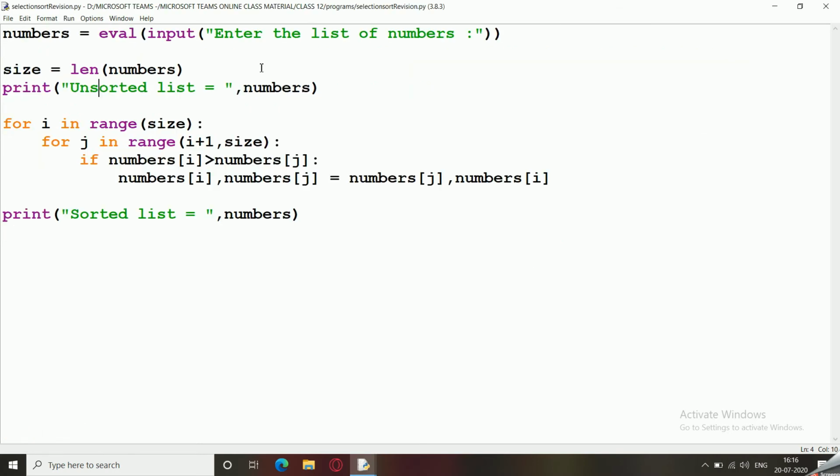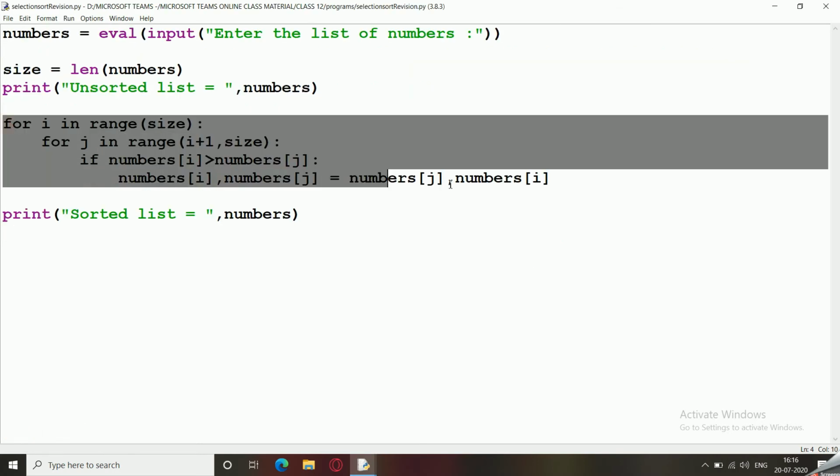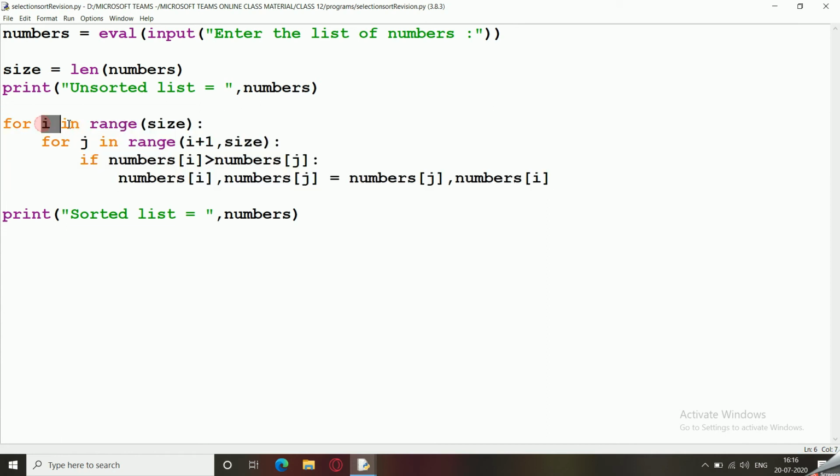So this is the main logic of the program, where we have to start the outer loop from 0. Hence I have taken the last stop value as size, and the inner loop will start from i plus 1 because we are going to check every element starting from the first one.